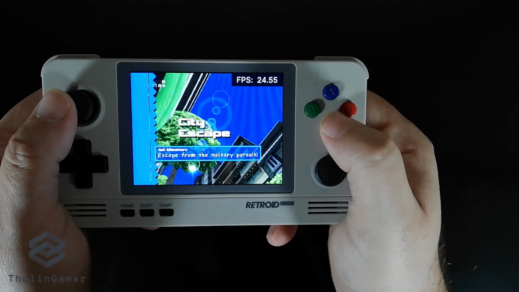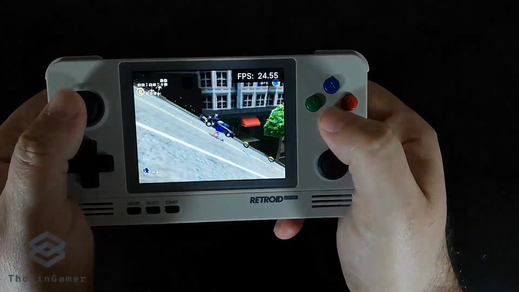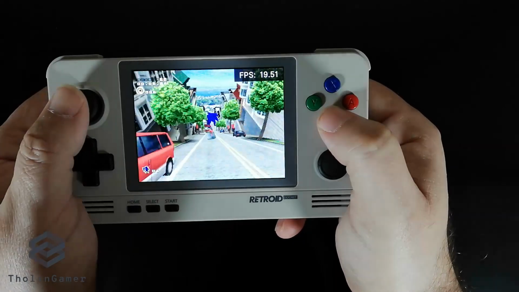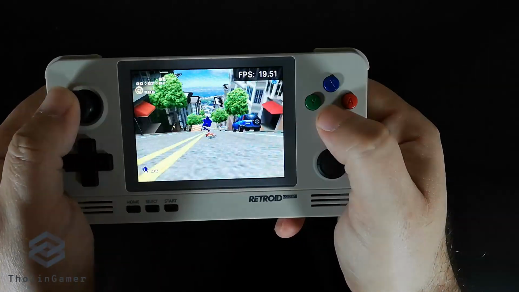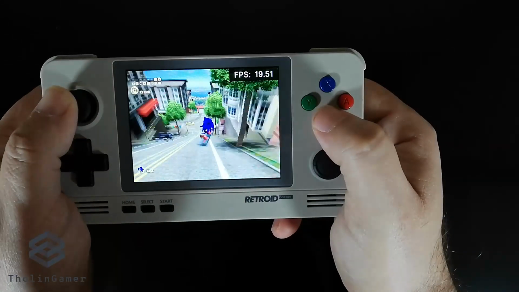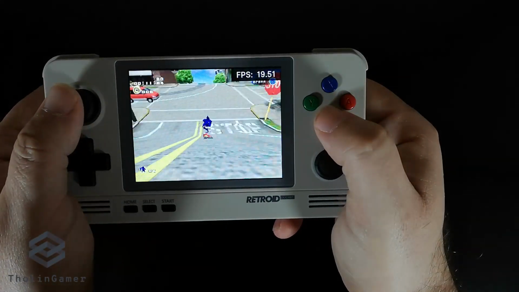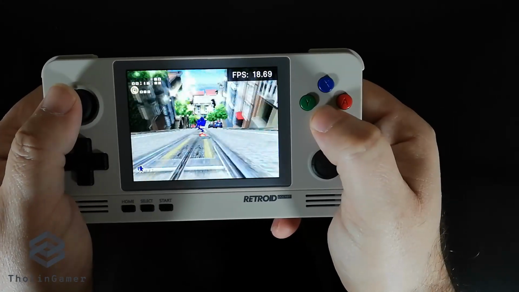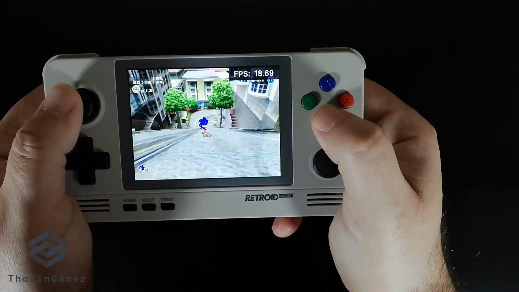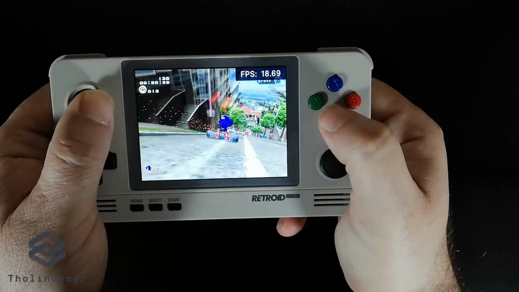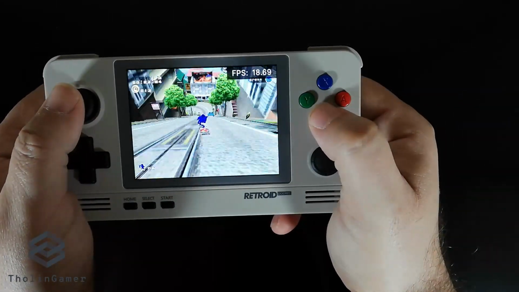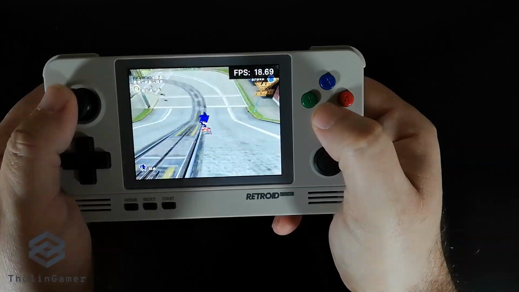We are going to start a new game to see how it performs, and you begin with your Sonic character sliding down on a sort of snowboard on a location that resembles San Francisco, let's say, with a lot of downhill movement, with a lot of coins that you have to collect, and of course the typical high-speed theme of the Sonic games.